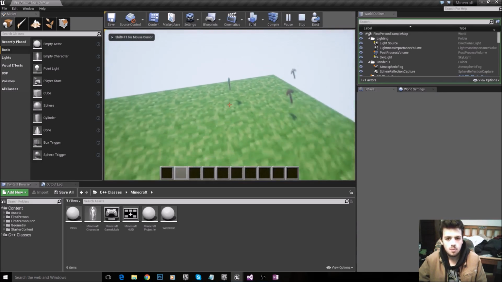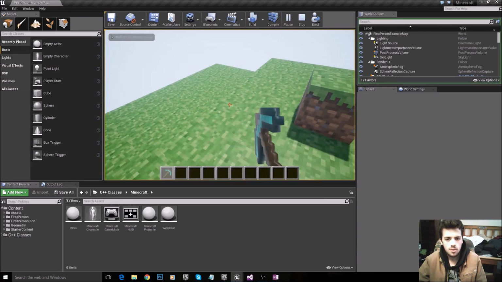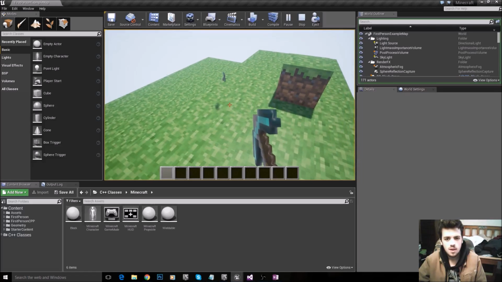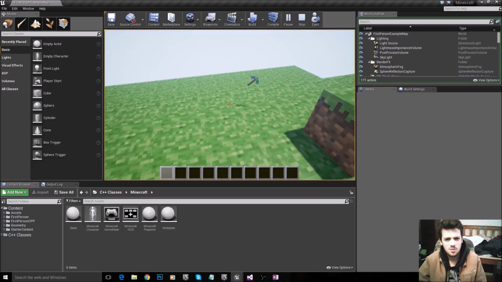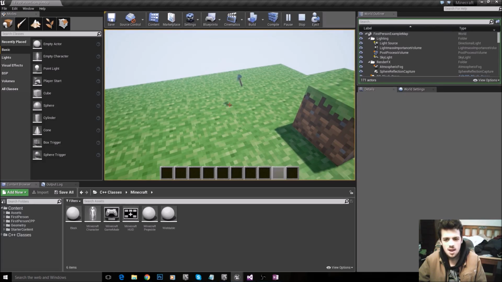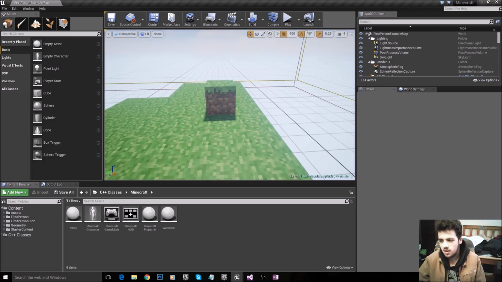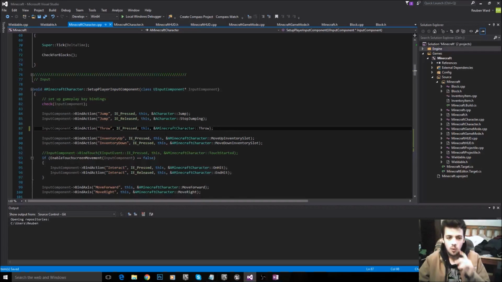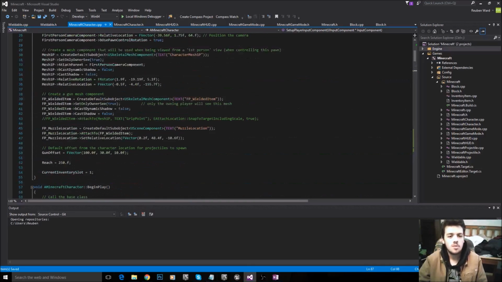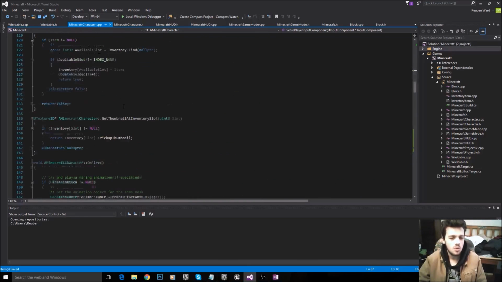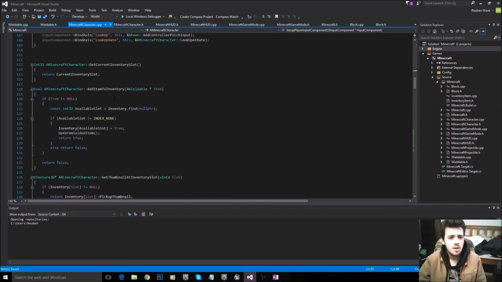So I'll pick up, and let's drop this pickaxe on the ground. And there you go. But it doesn't update my inventory for some reason. I think I know what I did there. Ah, yes. When we drop the item, we need to call update welded item as well. So you have to be really careful. You always have to call update welded item.